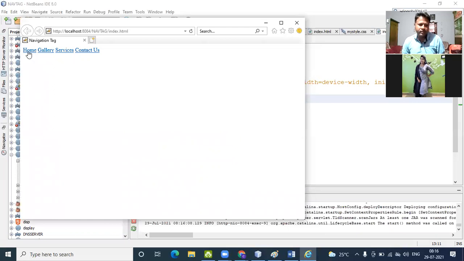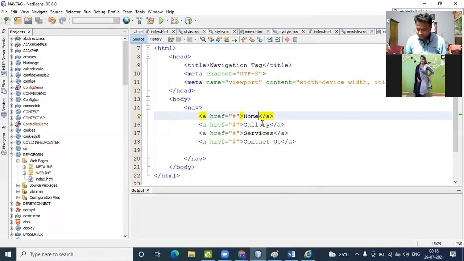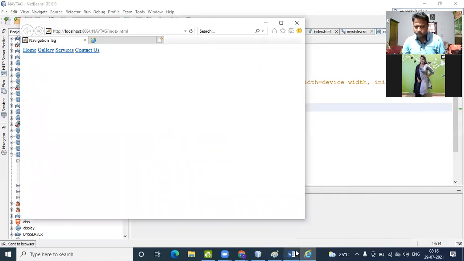See there: home, gallery, services, contact us. If you put this symbol here, okay, so now I again run the file. This one: home, gallery, services, contact us.